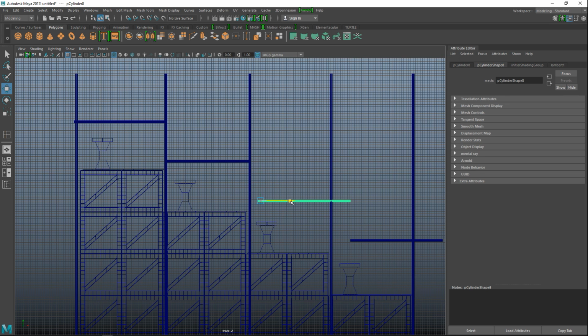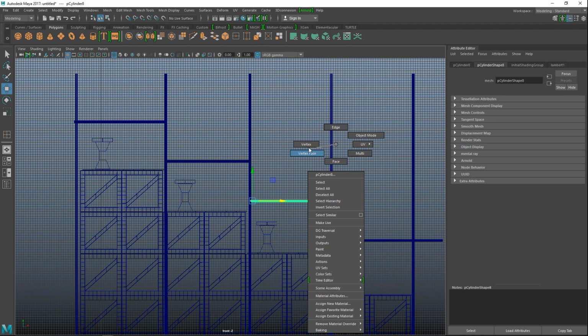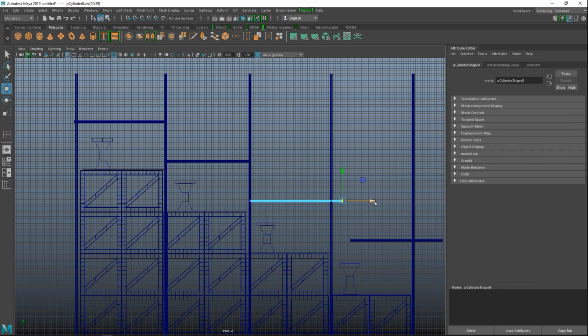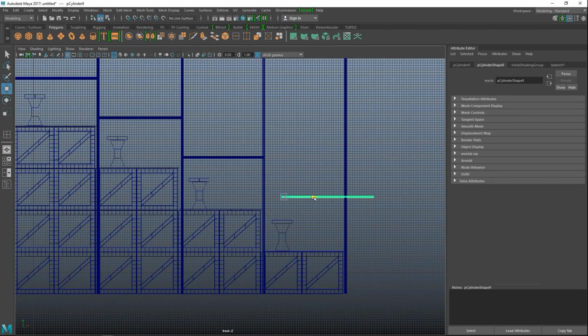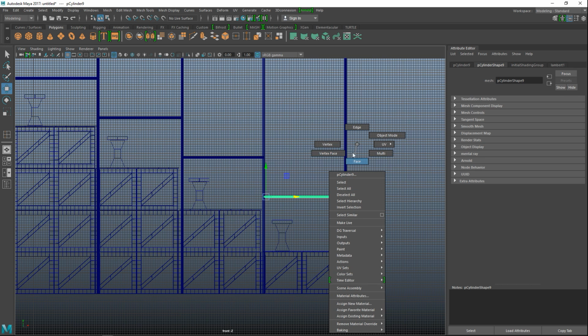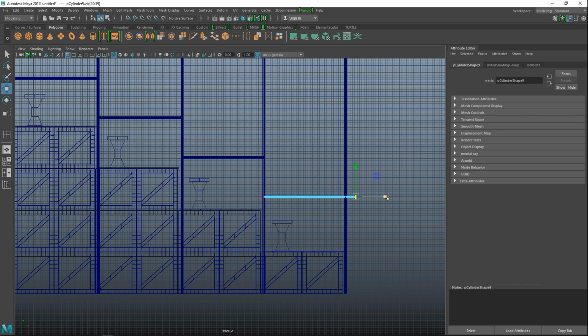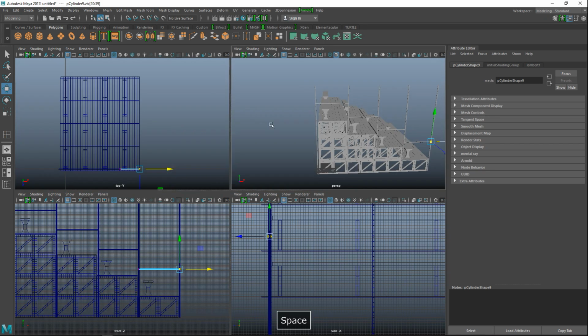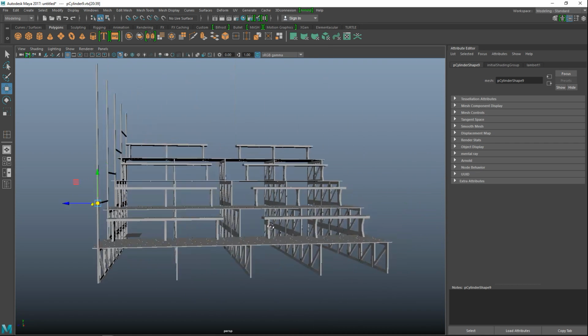Okay, this one needs to come in. And right click vertex. And then this one as well. Right click vertex, bring that in. Okay, so now that we have all that stuff,